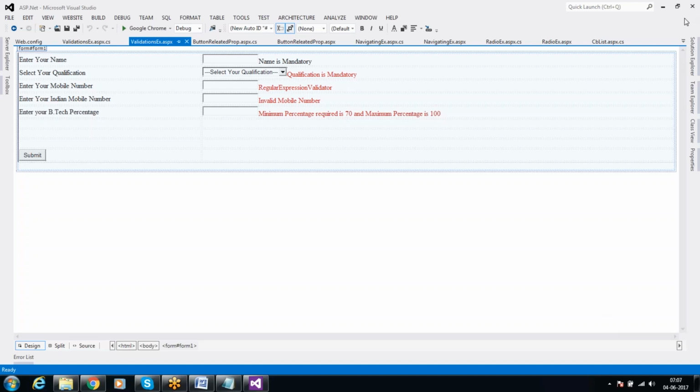See, none of your validation controls is going to fulfill your requirement. Then the next option is your custom validator. So far we are dealing with multiple validation controls. If none of the validation controls fulfill our requirement, then the only option is the custom validator, which is one of the most